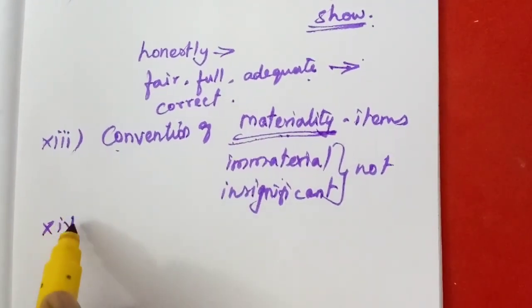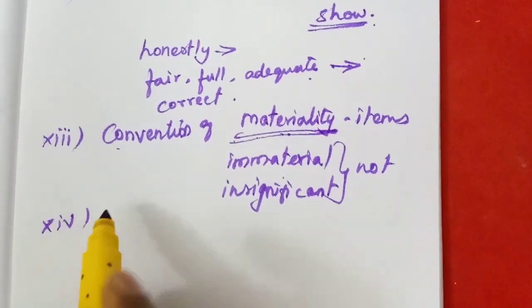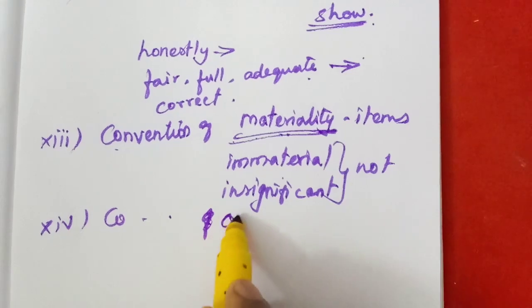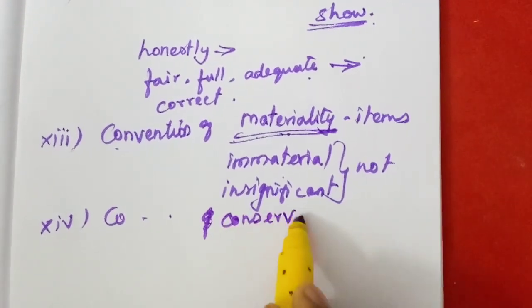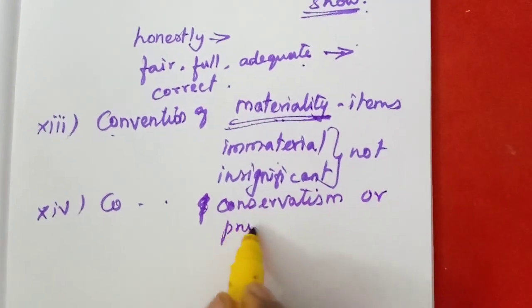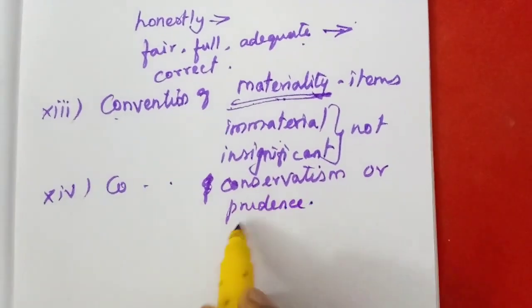Then the last one, the 14th one, convention of conservatism. Conservatism or prudence. Prudence means we know that we